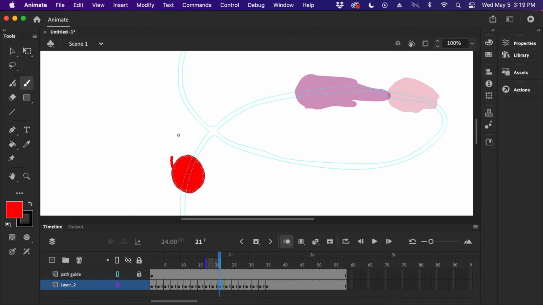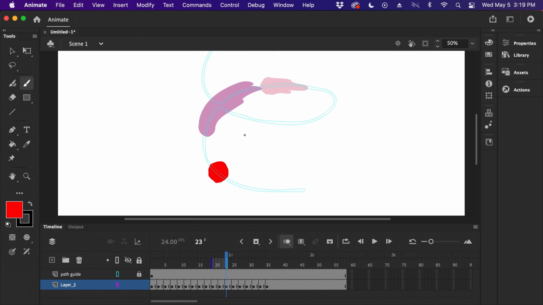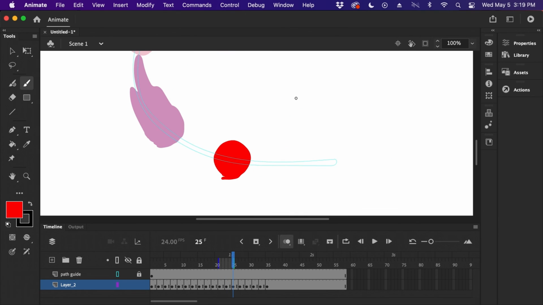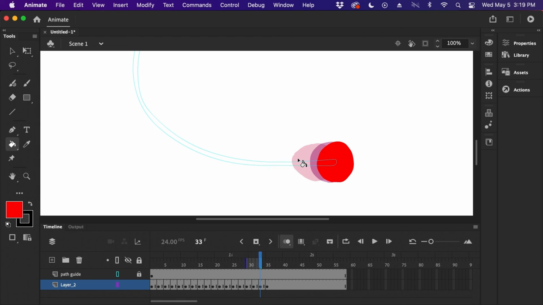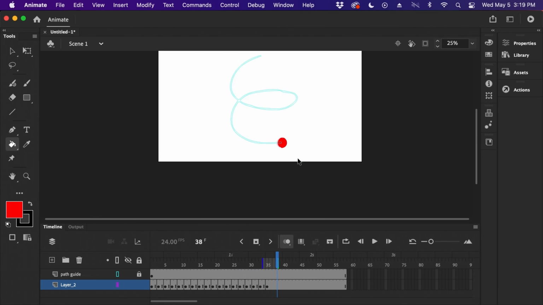So when we draw this, make sure it's not straight like that, but a curve. You follow the path. For this one, let's just add a very, very small blob. And we could now stop doing that.